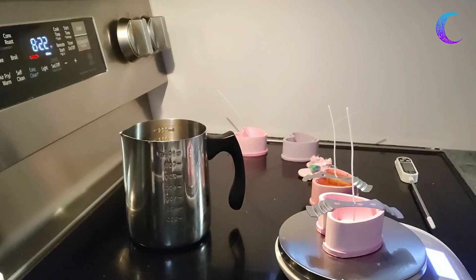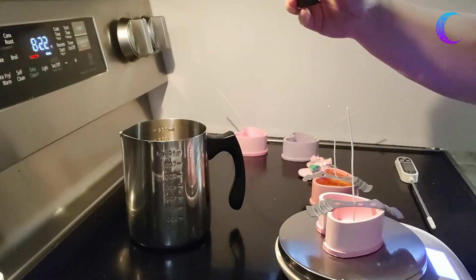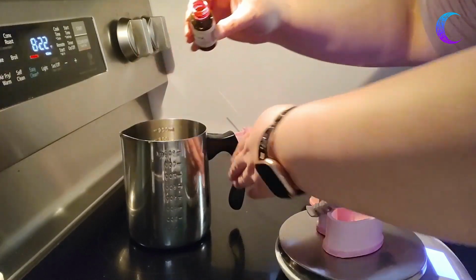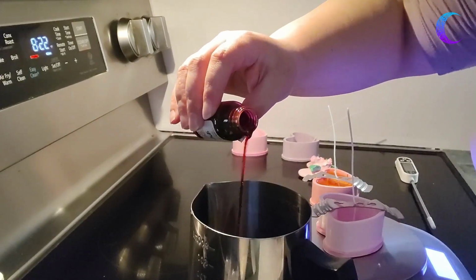So I finished the white one. Now we're going to add a little pink pigment into the wax, and then afterwards we're going to add red, because it's easier to make the red from the pink than it is vice versa. You, in theory, can just make pink from the red, but that might be a little too difficult to figure out. Now I don't want to make this too... Let's see, because I don't know how much...